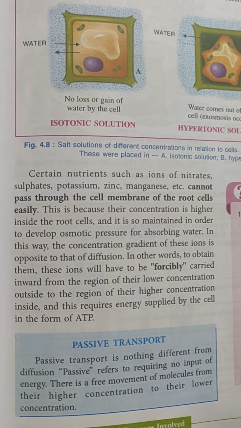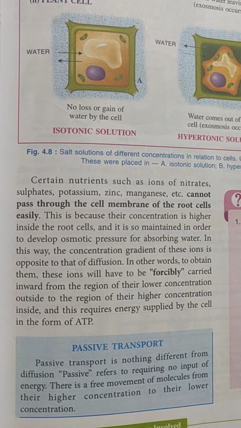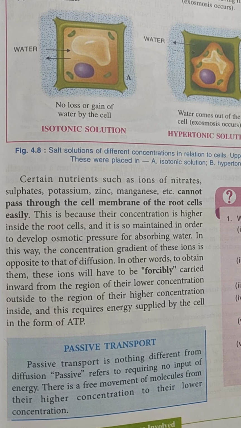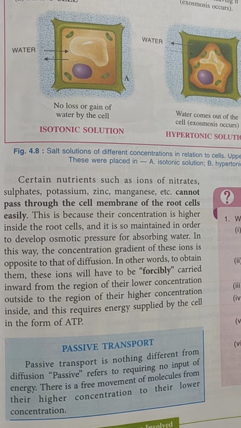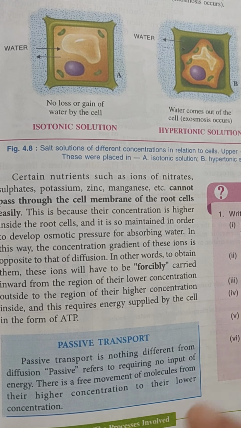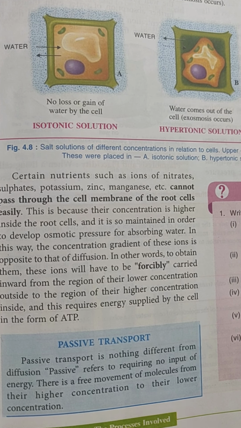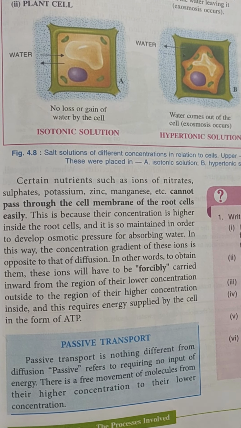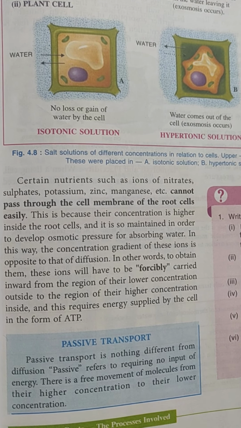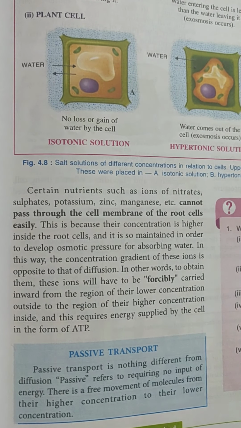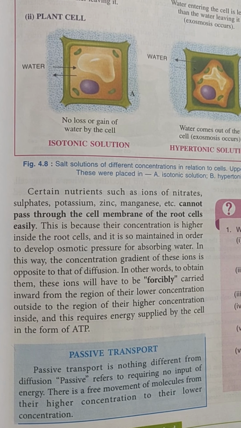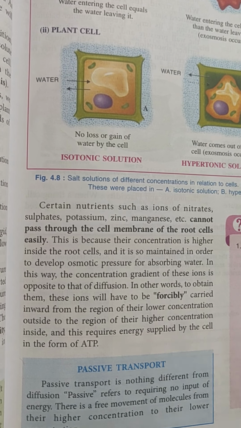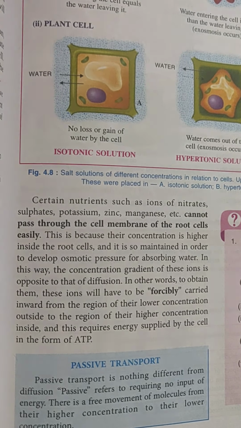Now why so? Because in a small cell, the amount of salt that is present, and if you consider the soil, these are all micronutrients. They are spread out in a vast area, making their concentration in the soil less than their concentration inside the cell. So movement against the concentration gradient does not take place.